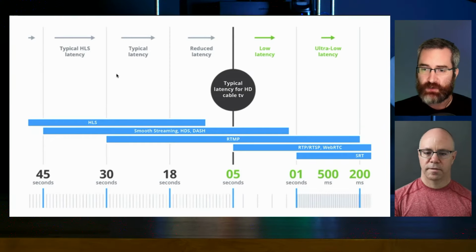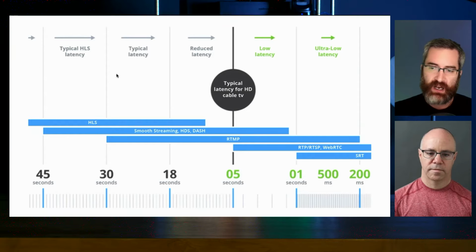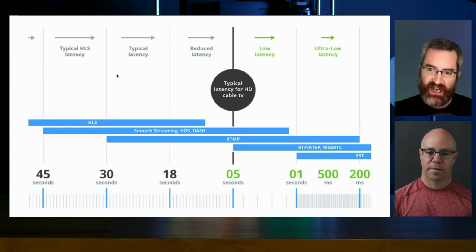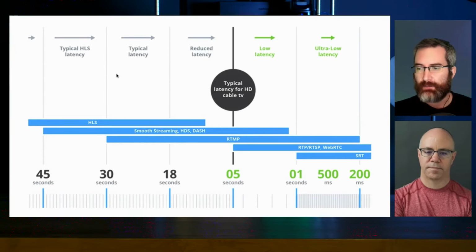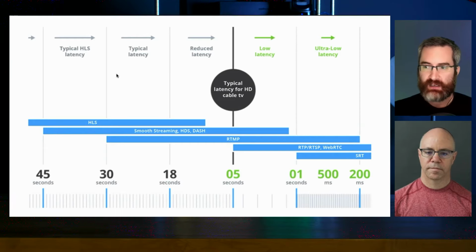So breaking this down here, you can see on this chart, HLS can range somewhere between 15 and 45 plus seconds of average latency. And that's big. For certain use cases, that might not be acceptable. Dash is a little better, but pretty similar. Yeah. RTMP sat in a very middle ground between could be very low, could be as much as 30 seconds. And there was a lot of factors that went into that. Right. Things like RTSP, even WebRTC, which is what a lot of video conferencing tools are built on and things like that, kind of under that 5-second mark.